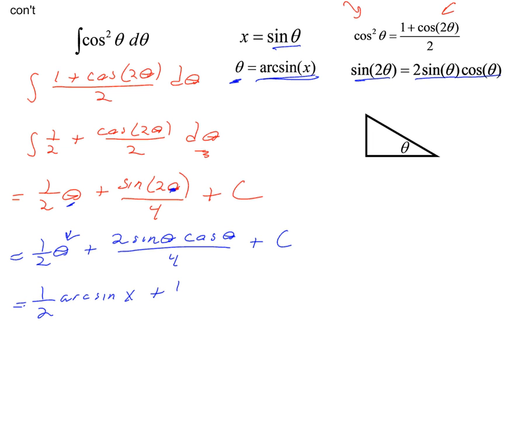2 over 4 is just 1/2. Sine theta, well, what is sine? Well, sine theta is just x. Well, what's cosine theta? Well, I'm going to go back to these triangles that we've set up when we used